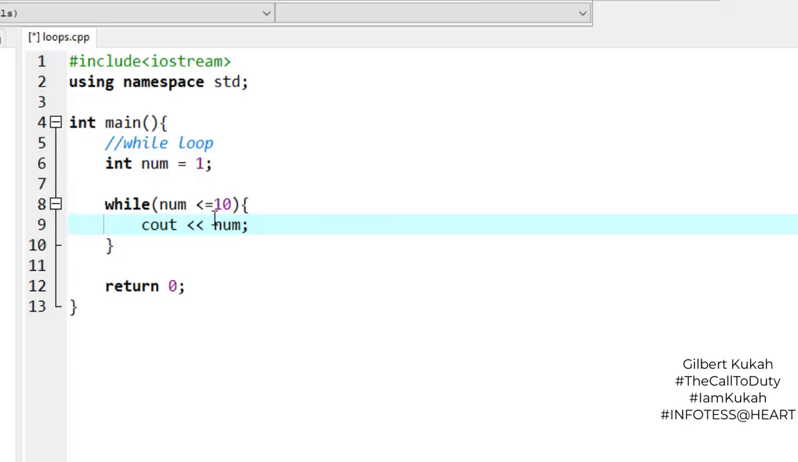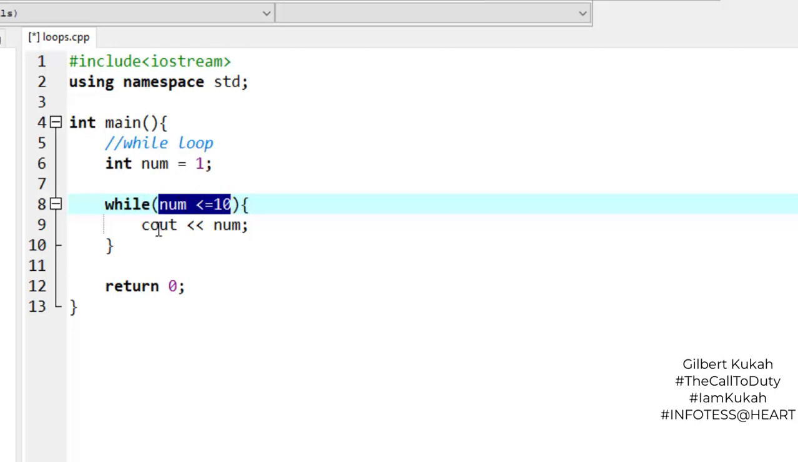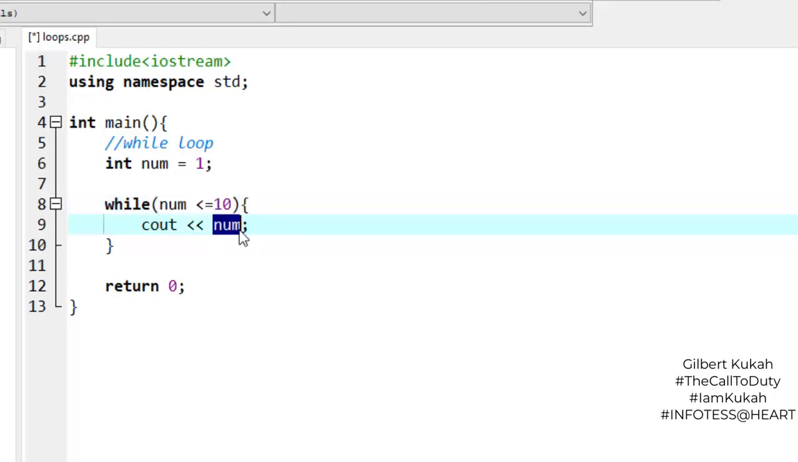Now remember, when it comes to check here, the value of num is 1, so it's less than 10. Yes, it's true. As we learned in booleans, this is a boolean expression that is going to give us true, and if it is true, it's going to display 1 to us. Then to check the condition again, num is still 1,